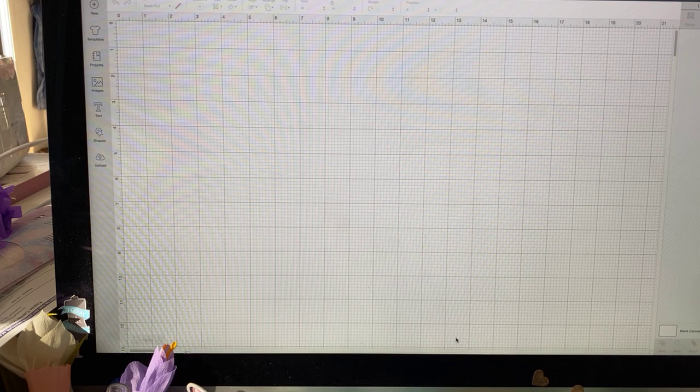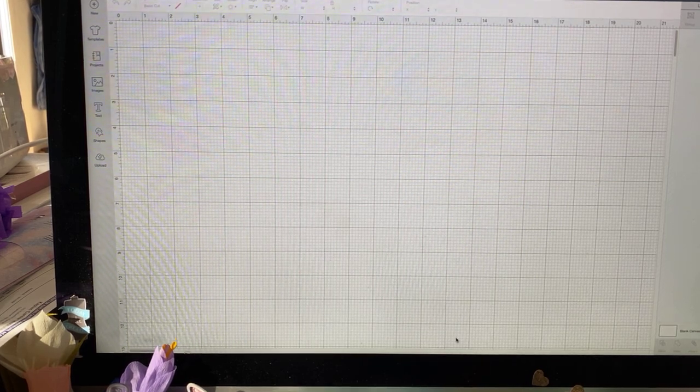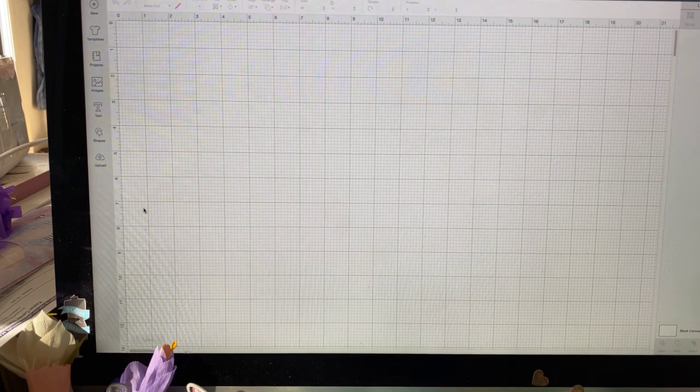And so that's part of the purchase process. So you go through purchase, you can pay with PayPal or credit card or whatever. And then after you pay, you download the file to your computer. I'm not going to show you that because you all have different computers, but they usually reside in a download folder, okay? So what you're going to do is start with a blank canvas, and you're going to go